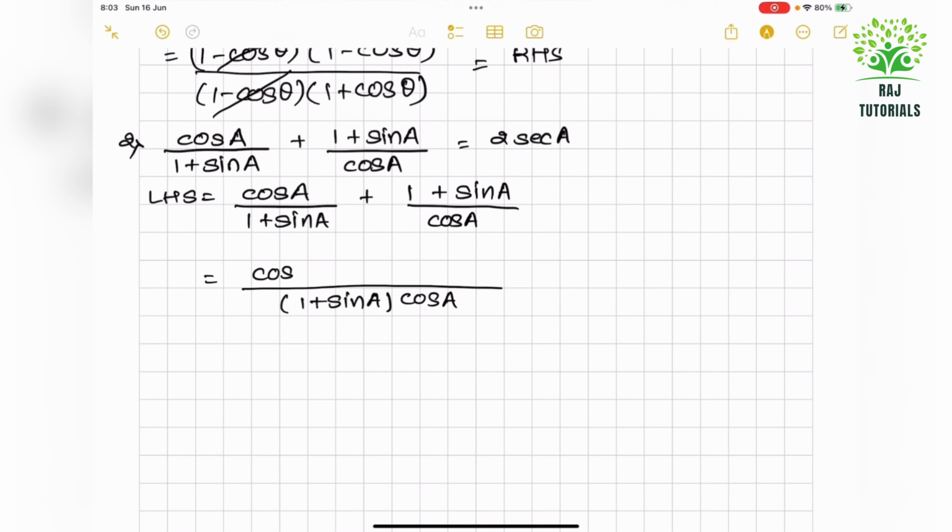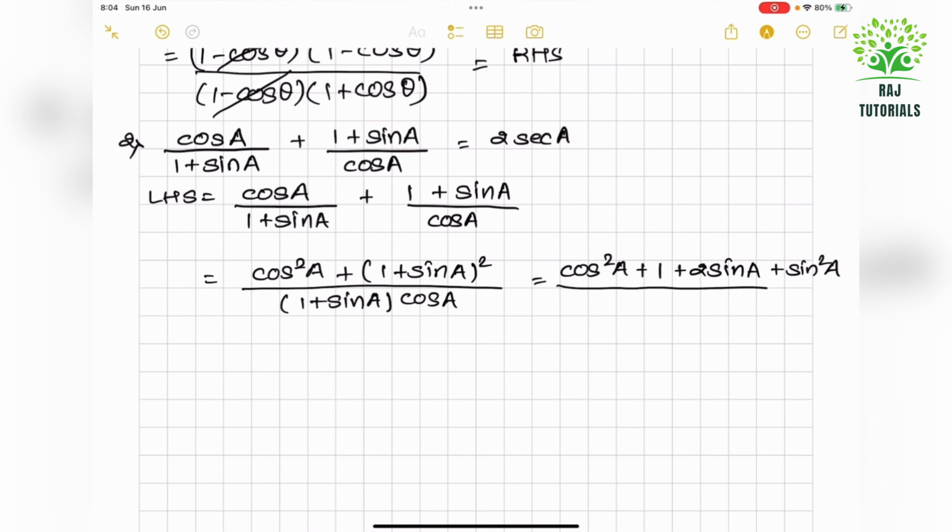So LCM will be (1 plus sine a) into cos a. So this will become cos square a plus (1 plus sine a) whole square. So opening the bracket I will get cos square a plus 1 plus 2 sine a plus sine square a